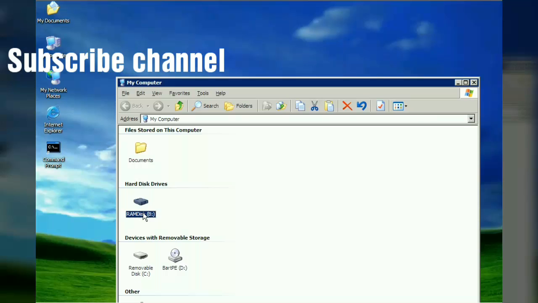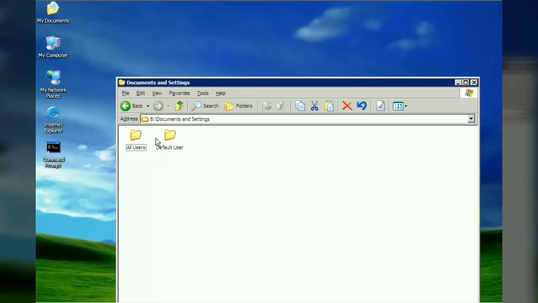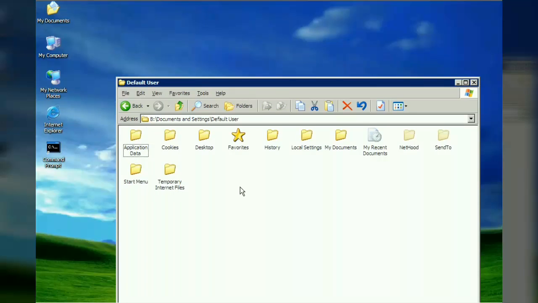If your data was on the desktop, go to Documents and Settings. Here your user will be shown, meaning the name that appears on your Windows. Suppose your name was Administrator, then it will show Administrator. If your name was Chetan, Vikram, anything like that, then your name will be shown there. Then go to that user, and here you will find the data from the desktop, downloads, My Documents, and so on.